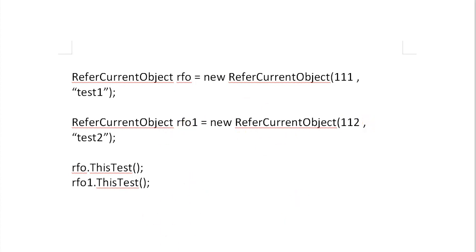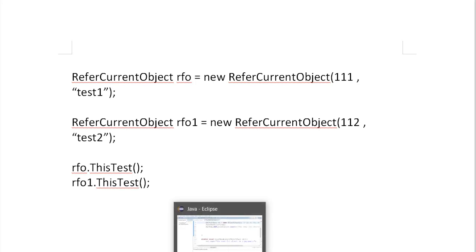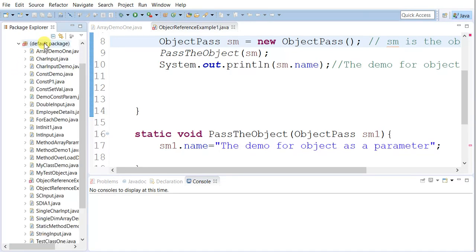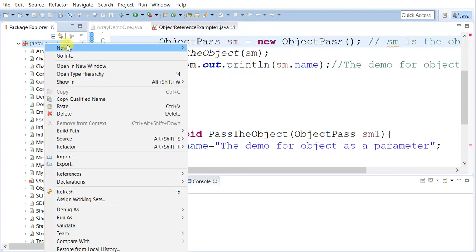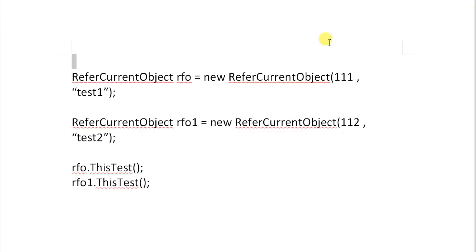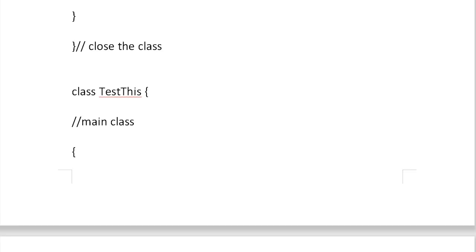So we will quickly enter into Eclipse and execute the code and check whether it is working as per our expectation or not. Before creating the class, let me take the inputs from here. Let us check what is the main class over here.